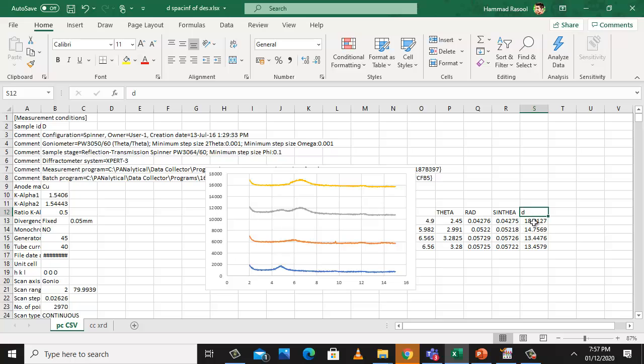Now you can see that for the blank sample I have a d-spacing of 18 angstroms, but by adding my additive into it, the d-spacing for the wet sample will change. It means the additive has expelled water from the layers and has successfully intercalated in the interlayer spacing. That's how we can conclude that the additive has successfully intercalated in the interlayer spacing of your mud, and that the properties of the mud have changed, and the additive has changed the rheological as well as the drilling fluid